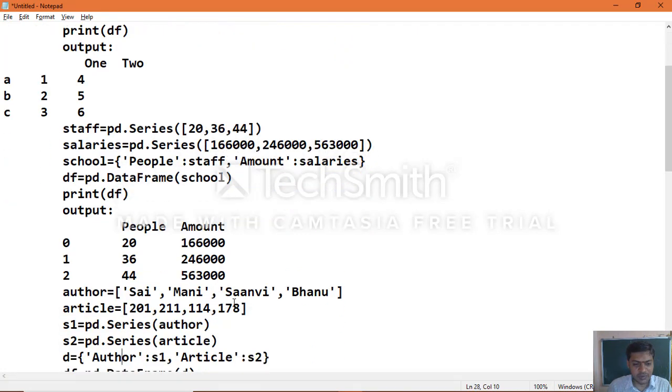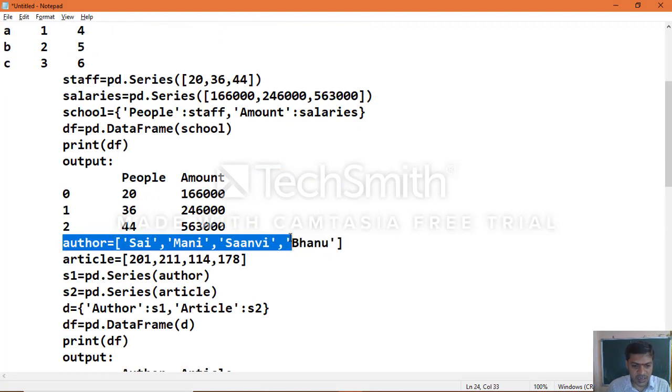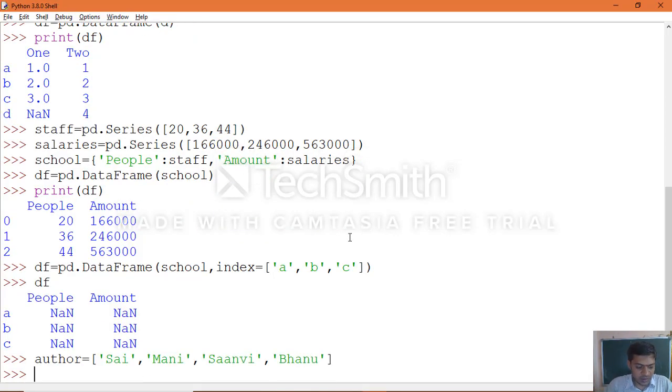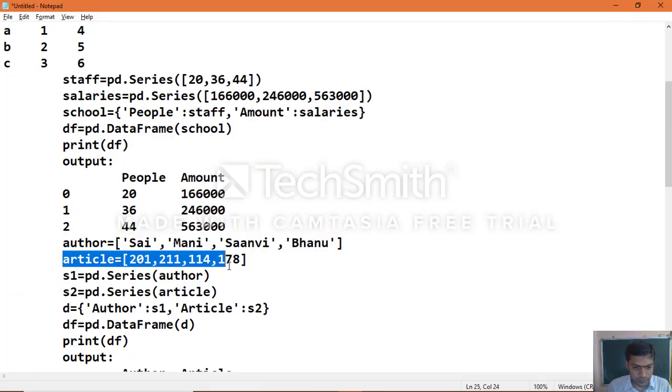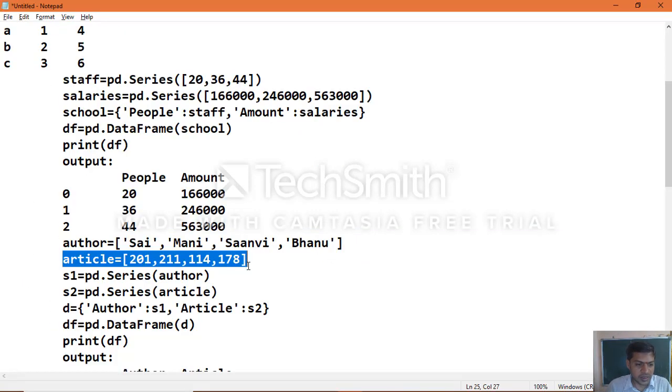We come to know what problems occur only when you practice. So another example which was created: author and articles. Then create the two series objects.